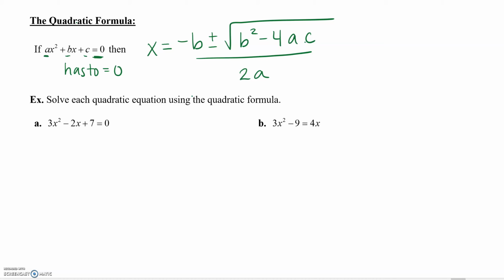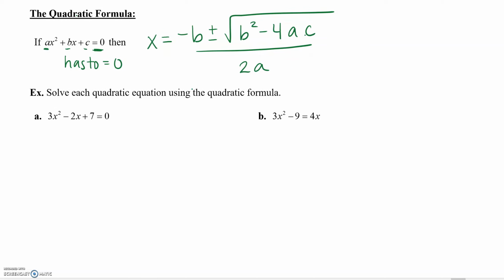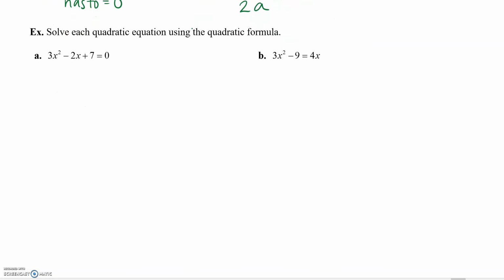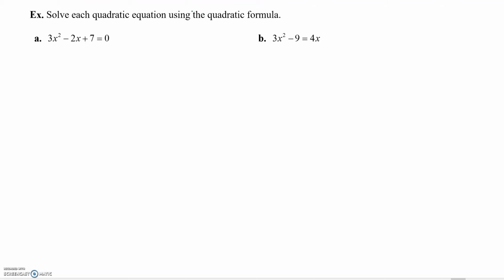So let's practice now actually plugging these things in, and we're going to try to do a couple example problems together. So look at this first example problem. Can we solve it using the quadratic formula? The first thing I like to do is actually identify what is a, what is b, and what is c. Now, you don't have to do this, but I think it's helpful later on when we start plugging into the quadratic formula. So if I look at my equation, it looks like a was 3, b was negative 2,